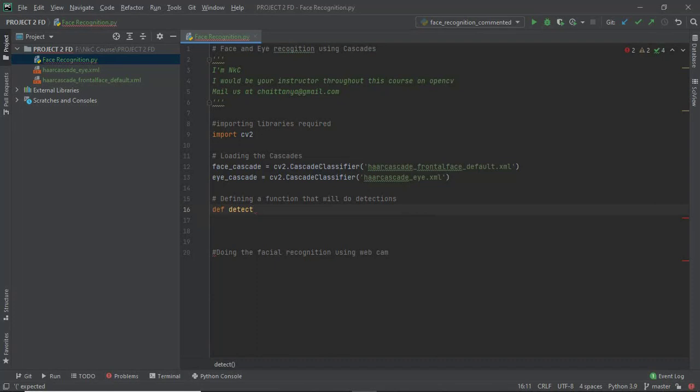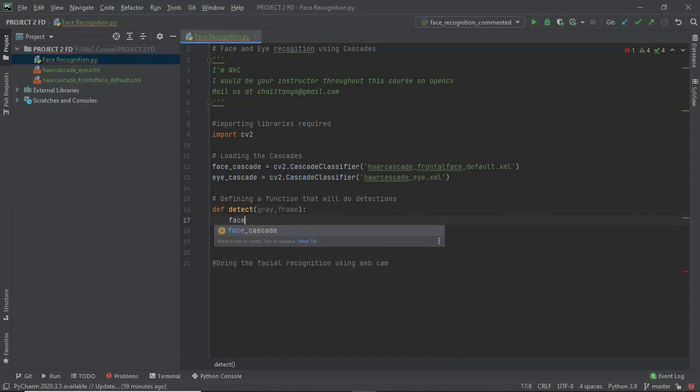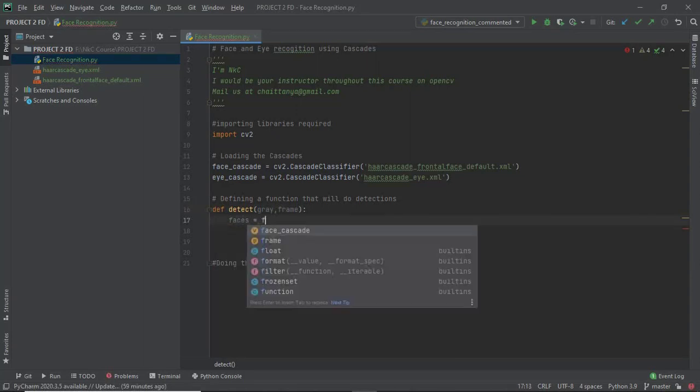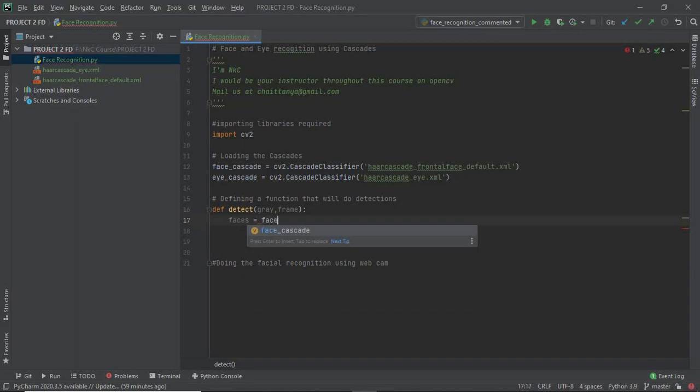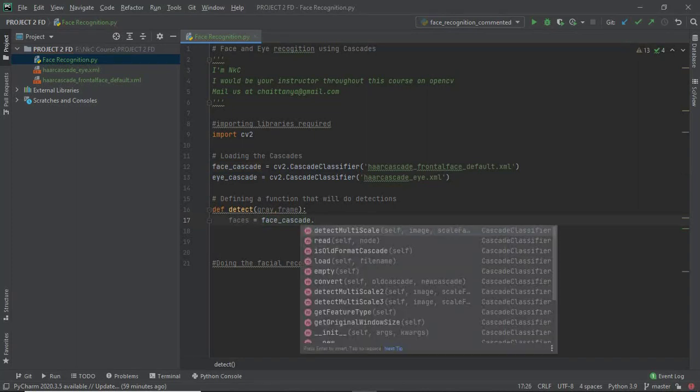And let me move to the next section. Here we are going to create a function that takes as input the image in black and white, and the original image which is called frame, and that will return the same image with rectangles, not triangles, rectangles.